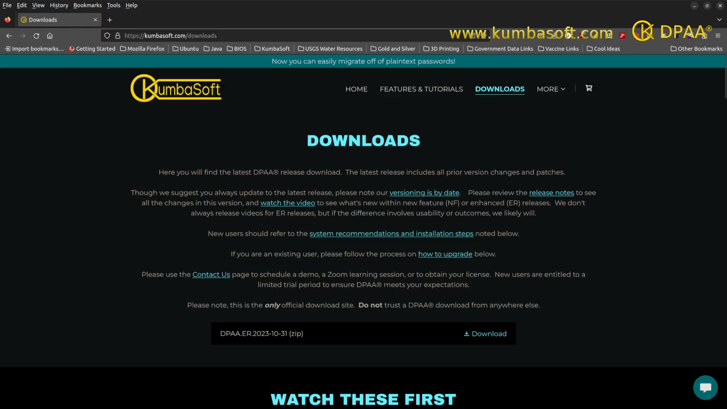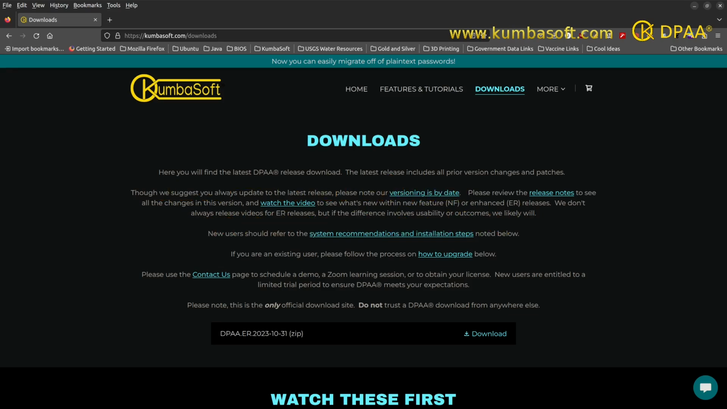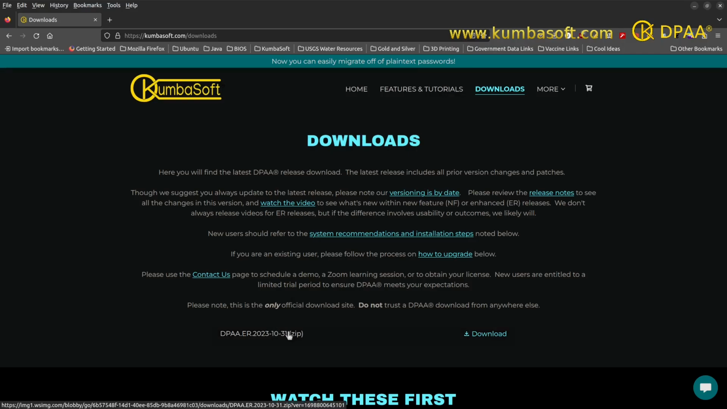And there's one prerequisite that you're going to need to have, and that means you're going to need Java 18 or higher. It could be Oracle or OpenJDK. It doesn't really matter. We develop and test in OpenJDK, so we're confident it's going to work in that version. So once you get this downloaded, put that in a directory where you can find it, and